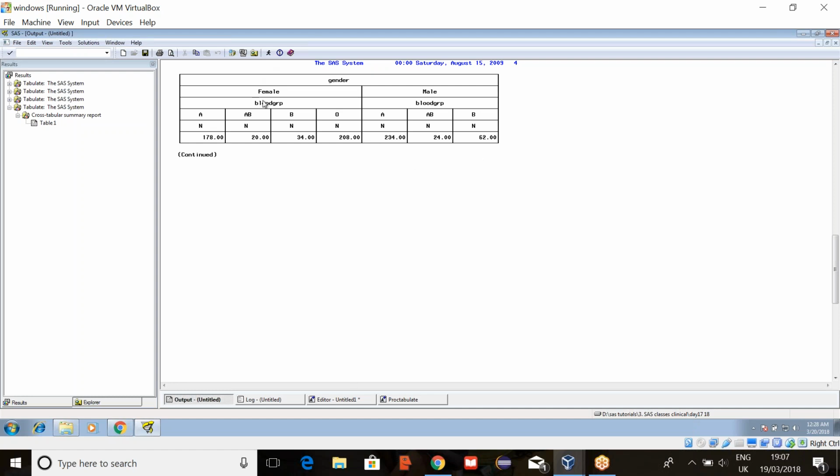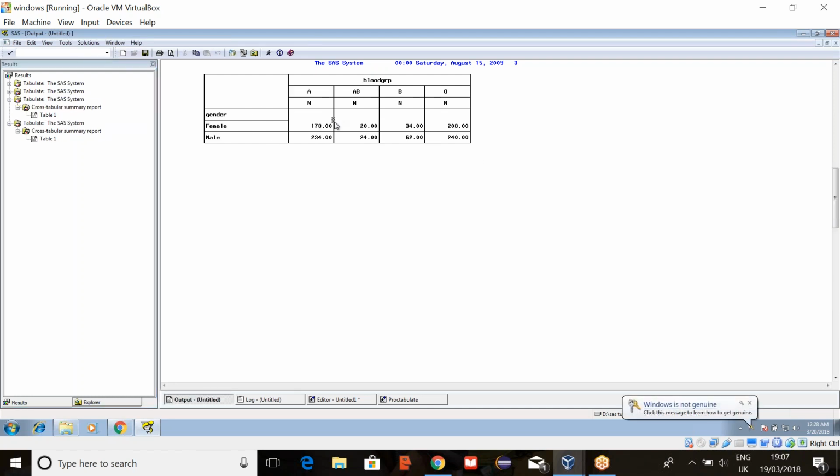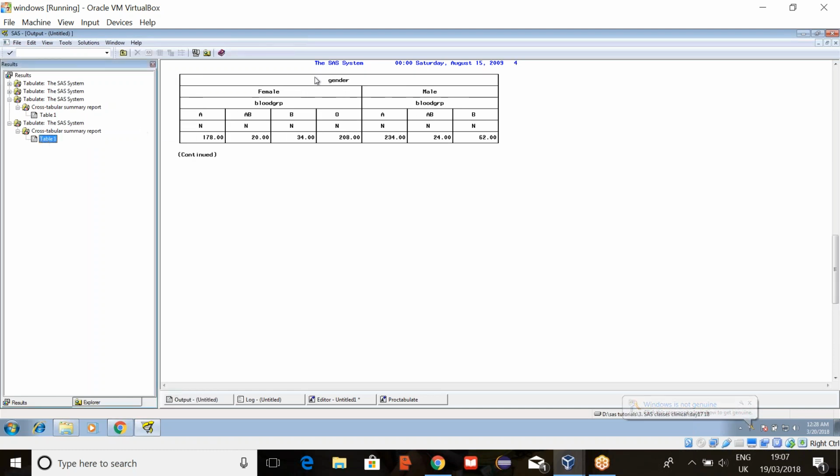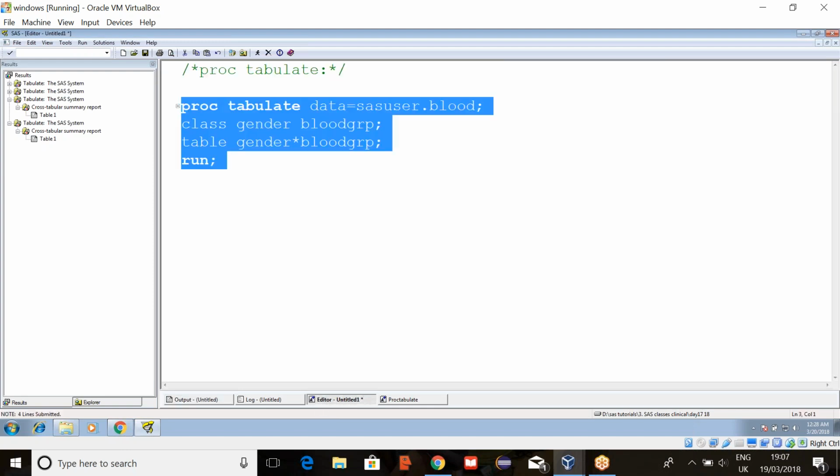But the difference is in the number of columns and rows. The layout is different. Here it is looking like this with the gender values on the left hand side and then the blood group on the right hand side. But here first it is giving gender, and under that it is giving you the blood group values. So depending on how you need an output, we'll use the operators.